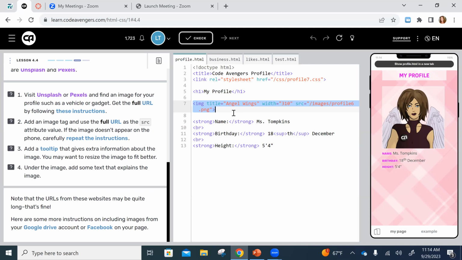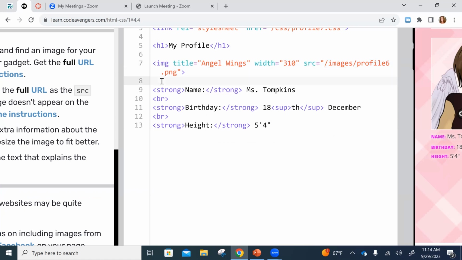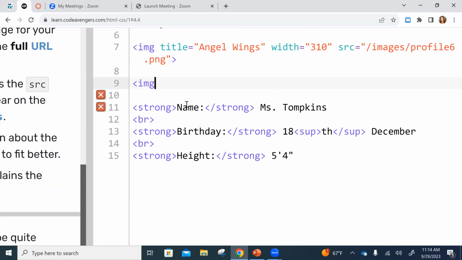All right. So I'm going to make a line of code and I'm going to press enter a couple of times to get that blank line. All right. So the tag we use for images again is IMG. Okay. So let's set it up so that when we go and find our picture, all we have to do is copy and paste the image address. So IMG space. And then our attribute source is SRC =